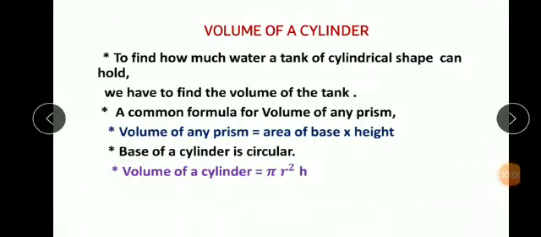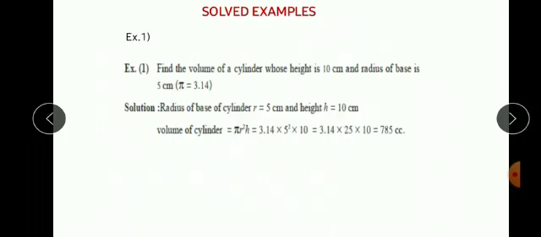So children, we have started volume of cylinder, and there we have seen two formulas. Volume of any prism is area of base into height, and volume of cylinder is pi r square h. Now some examples. First example, find the volume of a cylinder whose height is 10 centimeter and radius of base